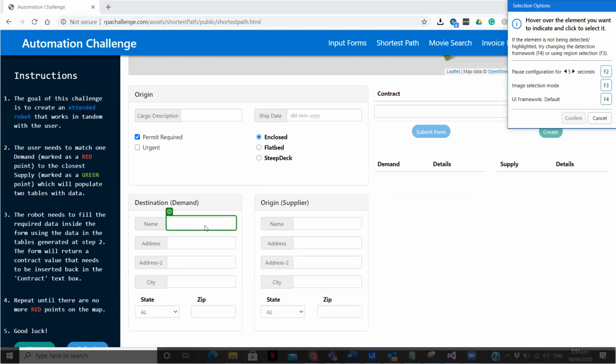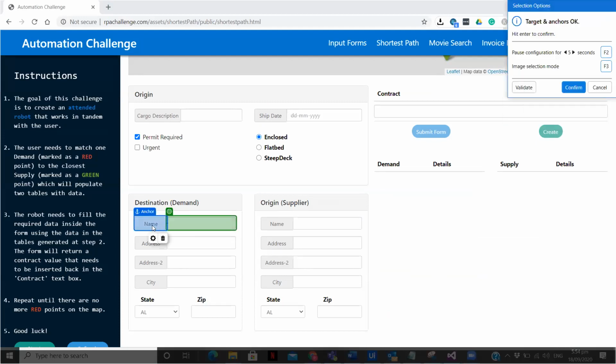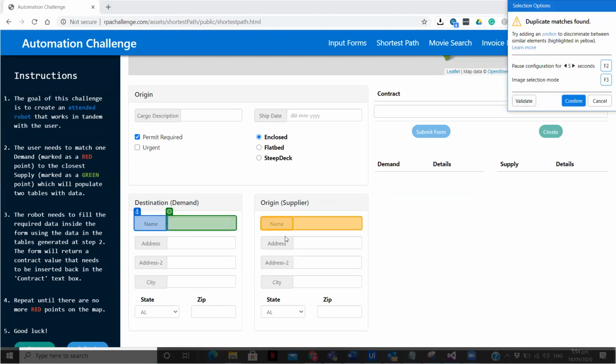So what we are going to do is indicate this. This is the UI automation next activity. You can see there is a green highlight. Once I click on that, it automatically identified the name as an anchor, because it is an identifier of it. But now if I click on validate, it shows me that there is one more duplicate field. This is one very good feature in UiPath: duplicate matches found. Before actually putting the bot into production, or before we submit it to your client or anyone, you can very easily check how many duplicate fields are there on that particular website.